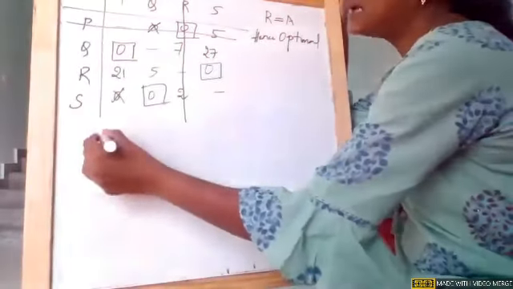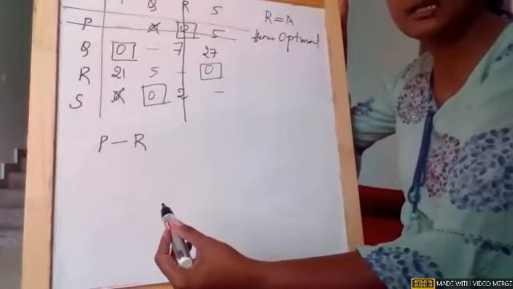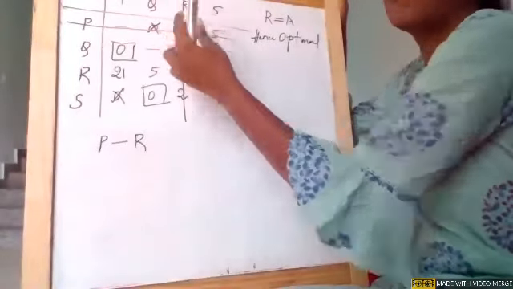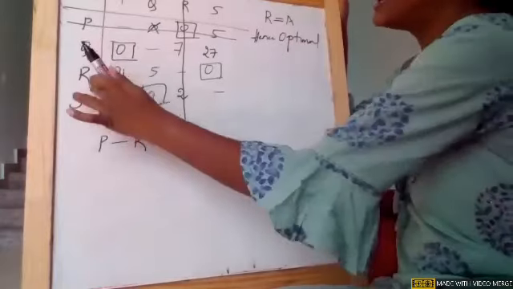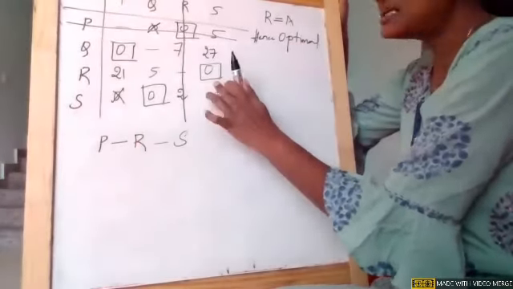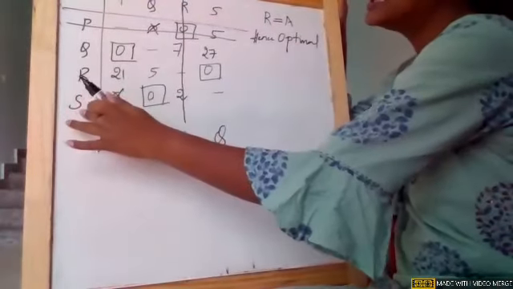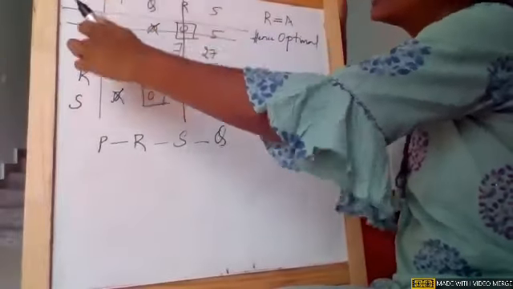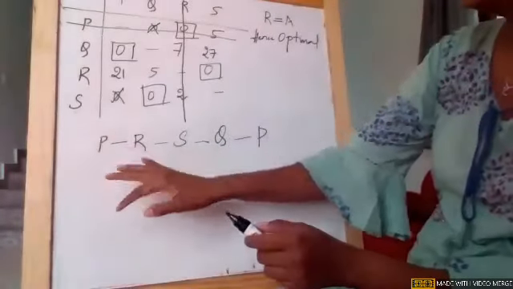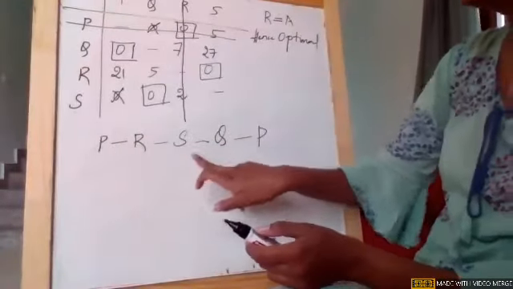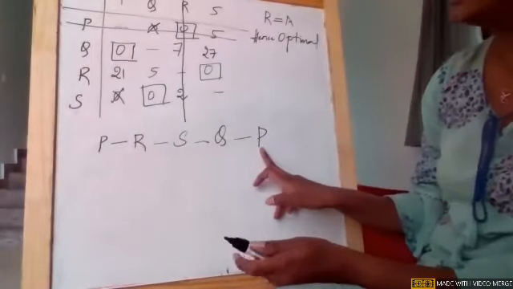By looking at the matrix, we need to understand that the person is starting from P. So when I start that way, you just see P, from city P, he is going to city R. That is what the representation means. After that, go back to R. From city R, he is going to city S. Go back to S. From S, he's going to Q. After this, go to Q. From Q, he's going to P. If you see, there are 4 cities, P, Q, R, S. All cities are covered. And he started from city P, and he also ended at city P.